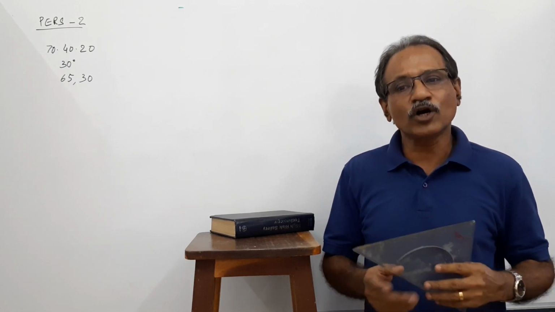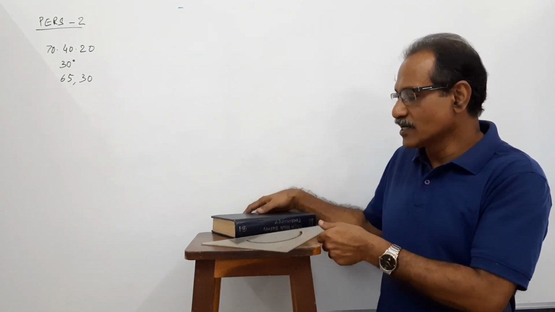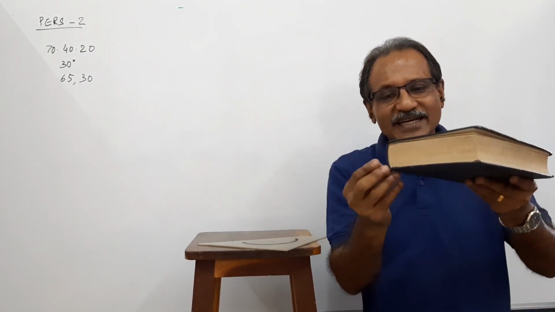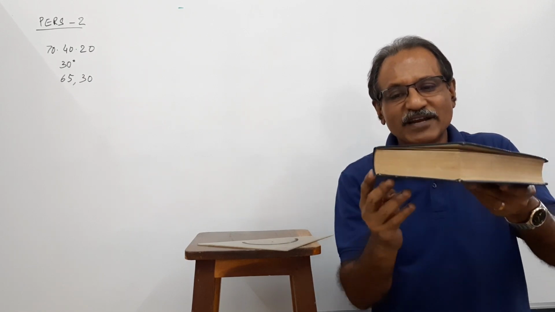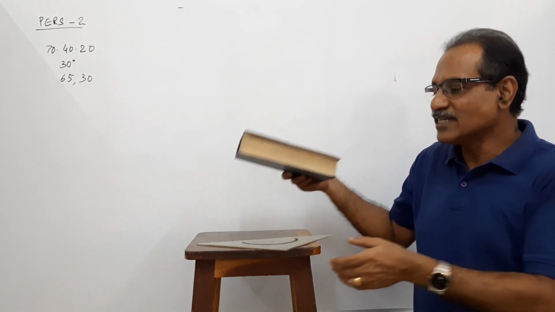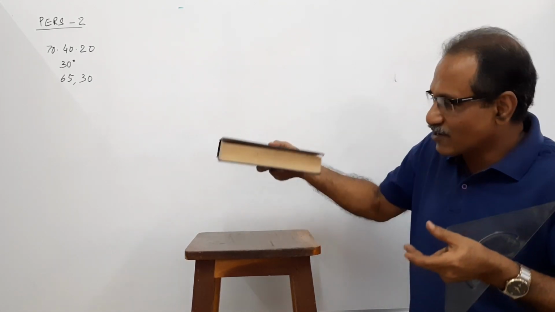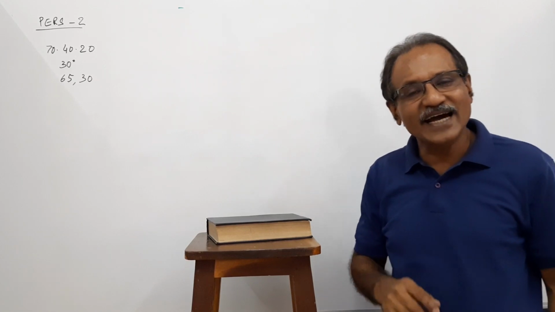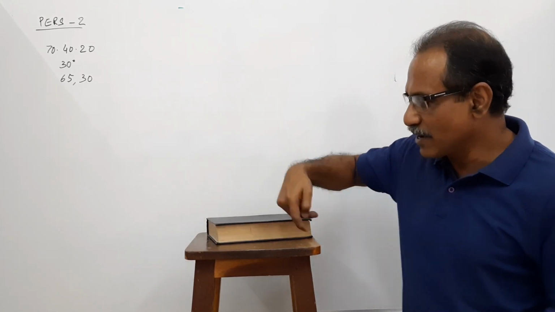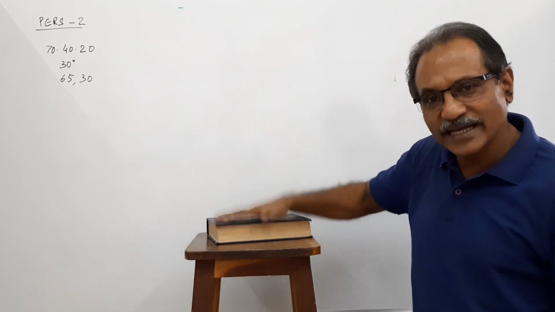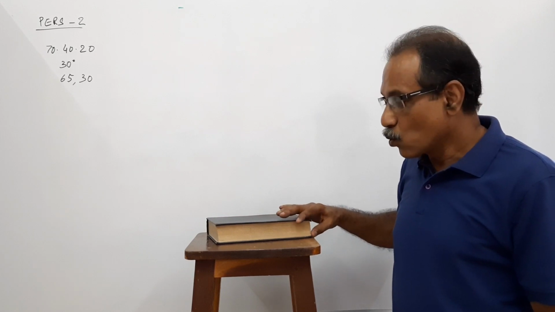A rectangular box 70 by 40 by 20. Suppose this is the box. A rectangular box 70 by 40 by 20 lies on the ground on the largest rectangular face. This is the largest rectangular face. Agreed? A box 70 by 40 by 20 lies on the ground on the largest rectangular face with one vertical